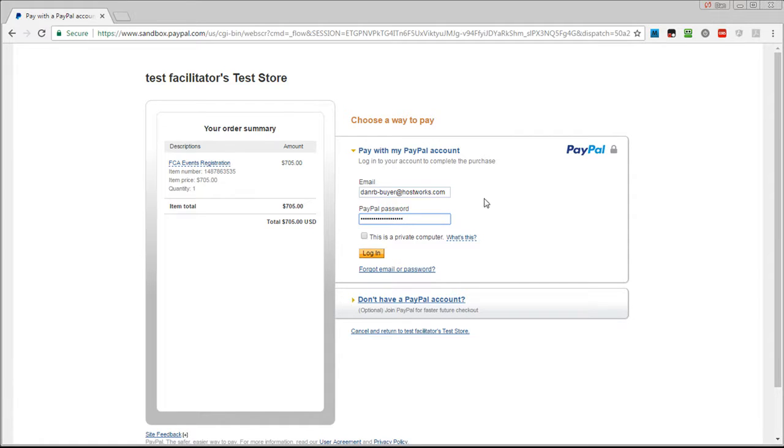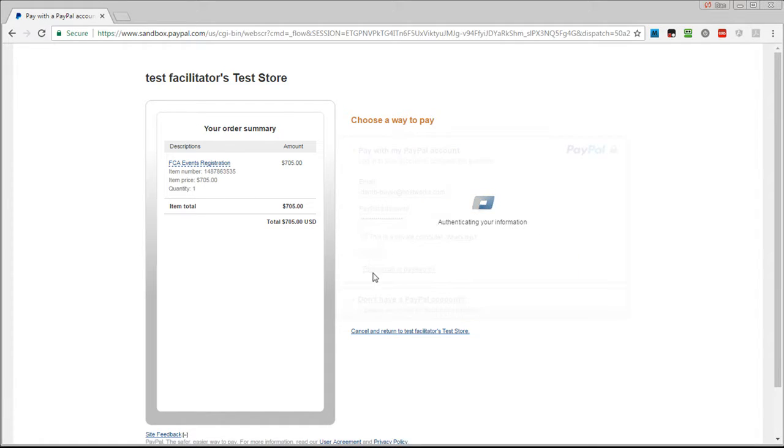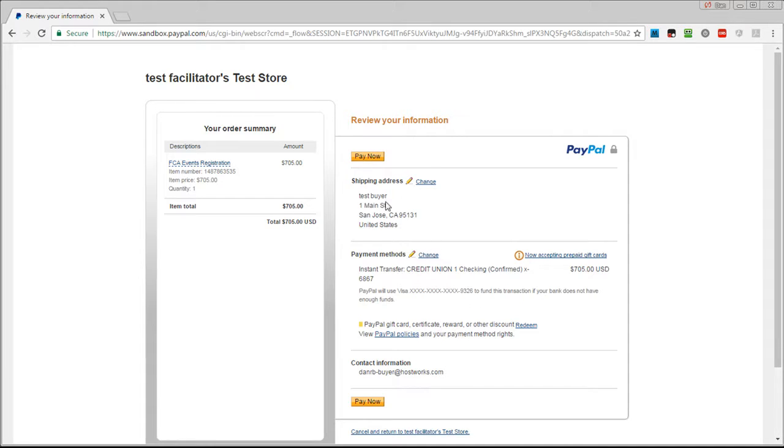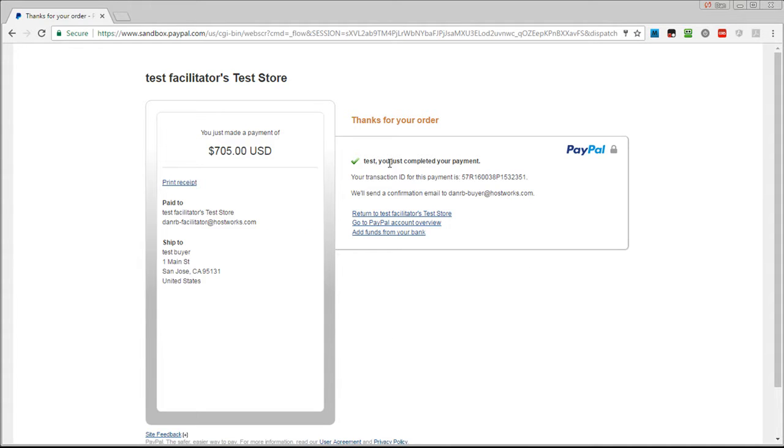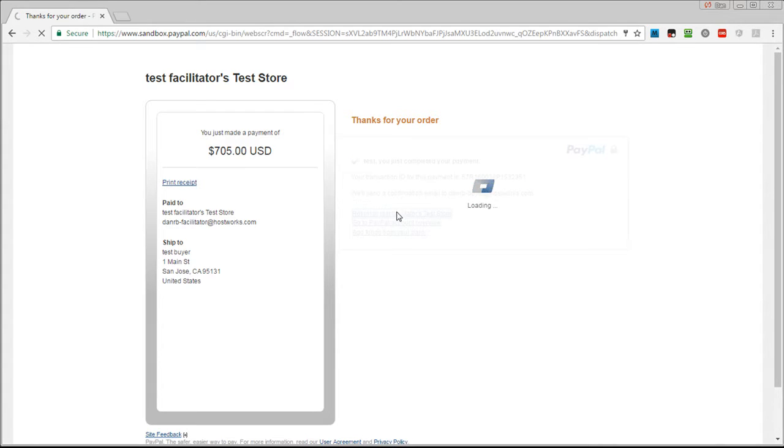And so I'll just put in my password there and click login for my test buyer account. It logs me in. They can change any of this information, and we do get the details on that. If they want to change, that does come back to us. When they click pay now, that immediately notifies our server that they've paid if the payment's successful, and it also records related payment information. So at this point, the registration is complete, but they can always click return,